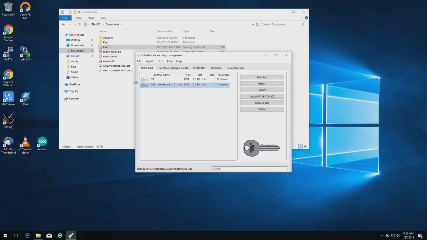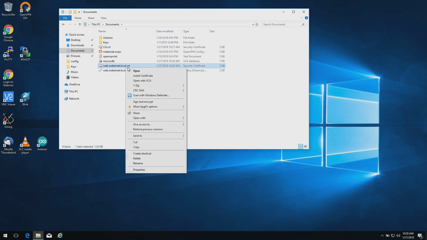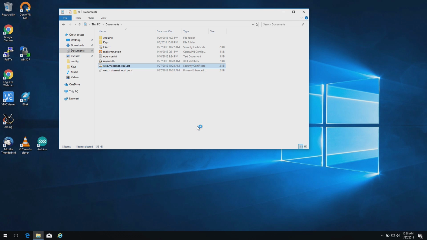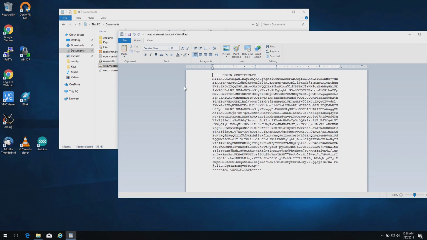Now this PEM file, these two files sound like they're binary, but they're not. They're actually just text files, and you can open them up with WordPad, or some text editor that supports that Unix style